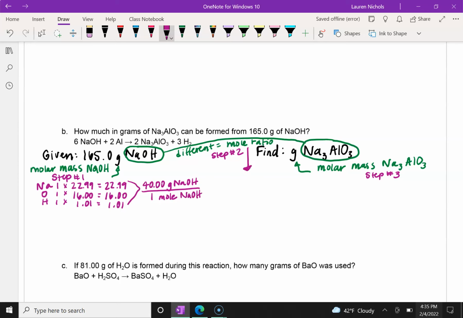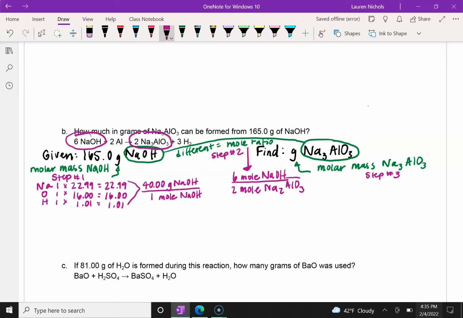Our mole ratio comes from our coefficients. So we know that we are looking at sodium hydroxide and sodium aluminate. Those are the only two we're really worried about. We can put our 6 moles of NaOH and our 2 moles of sodium aluminate on the bottom, okay? And then we also need the molar mass of sodium aluminate, which I'm going to do